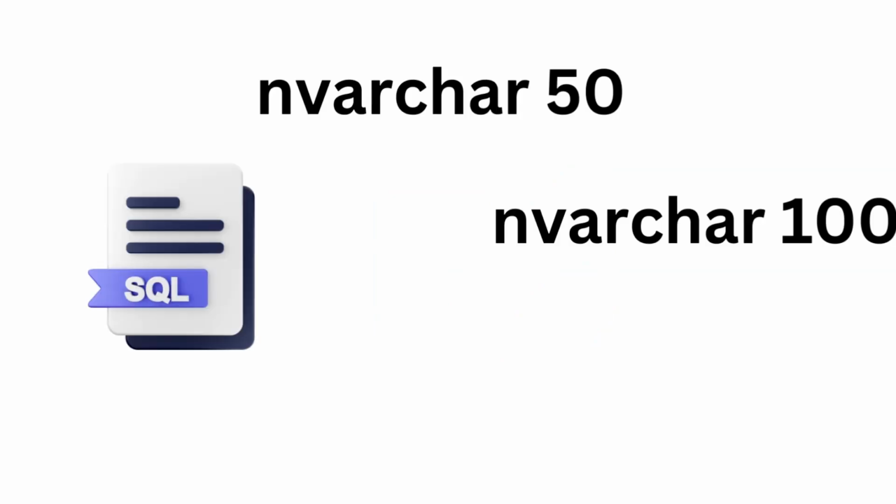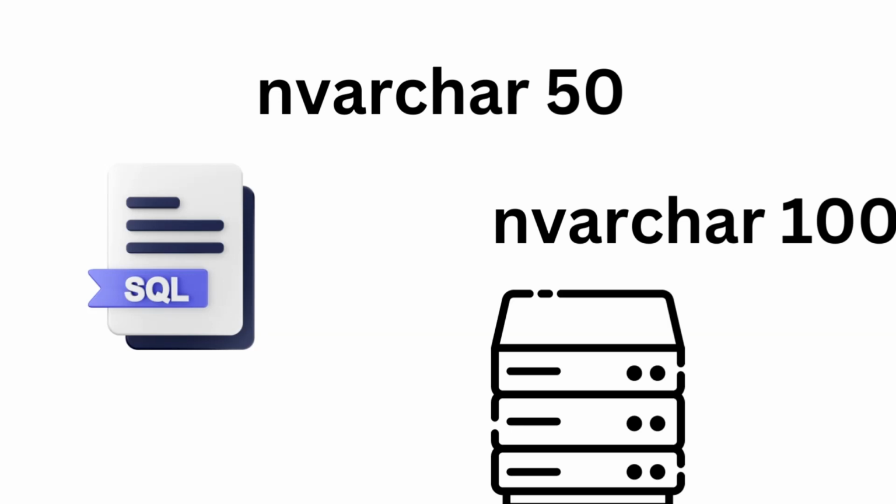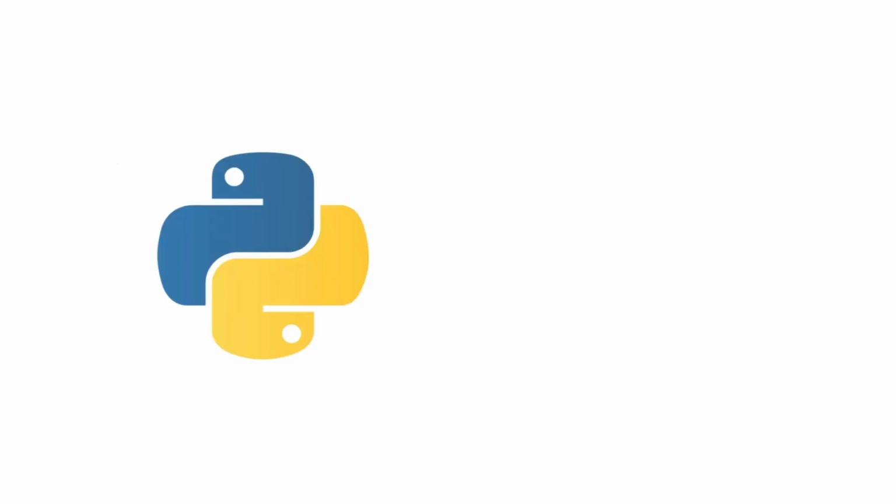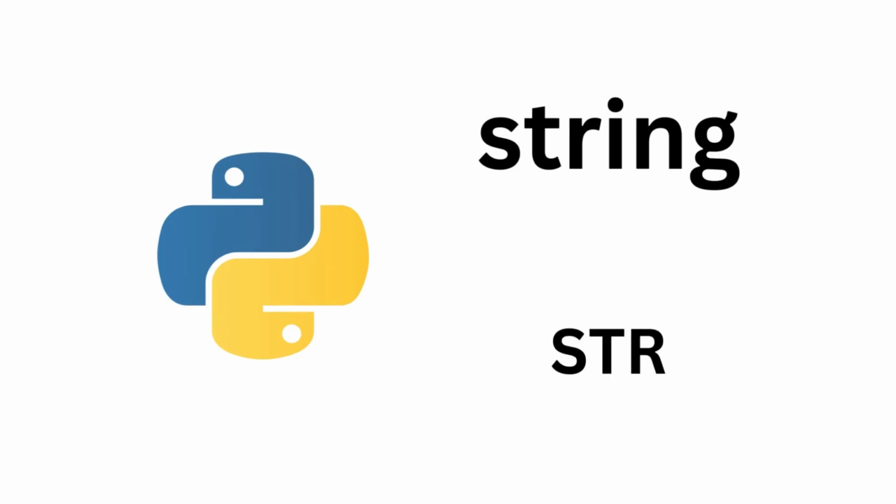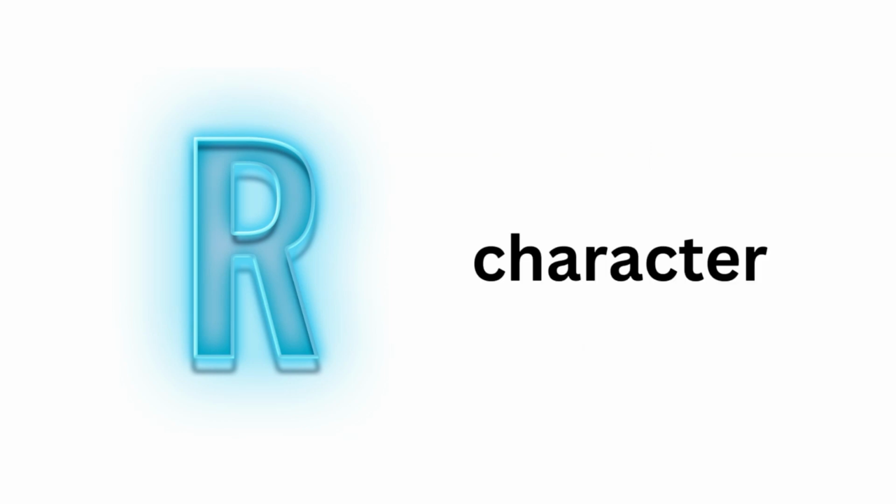Now let's talk about qualitative. In some software and programming languages like SQL, there are qualitative data types like nvarchar 50 and nvarchar 100, which control the number of characters that you input in the cell. In something like Python, it is called string, which is summarized like this. In something like R, it is called character,